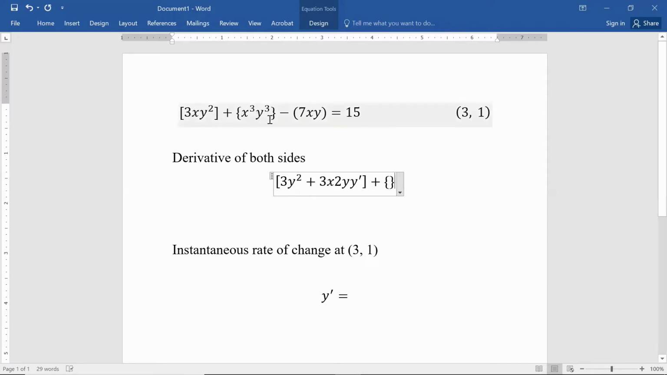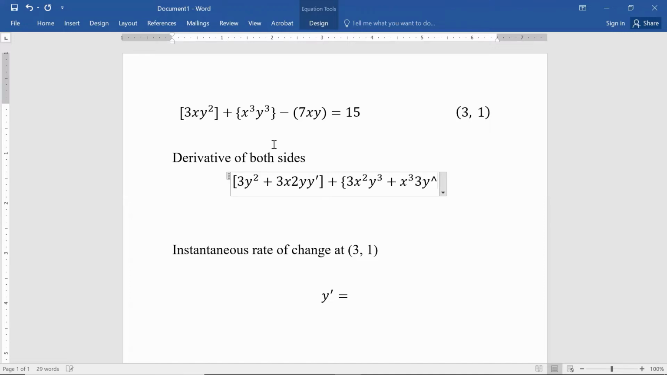Inside of these squiggly brackets, or my set brackets, I do the same thing. I have an f and a g. Derivative of f is 3x squared, normal g is normal y to the third, and then plus normal x to the third multiplied times 3y squared times y prime. And then lastly, in my parentheses, derivative of 7x would be 7 times normal y